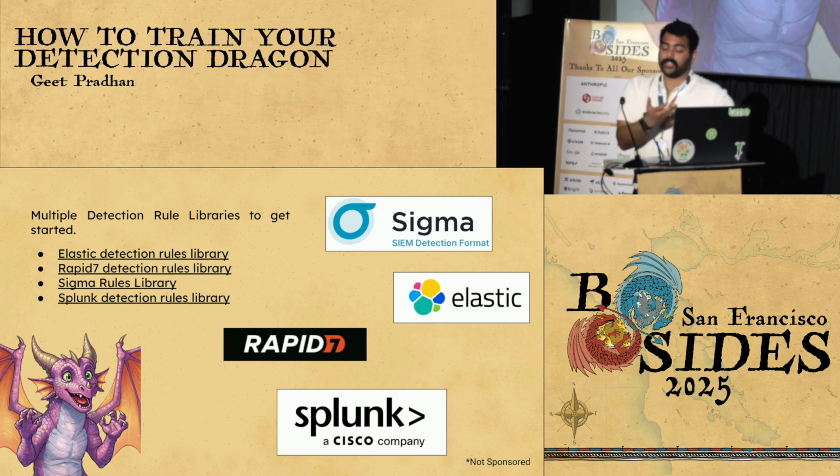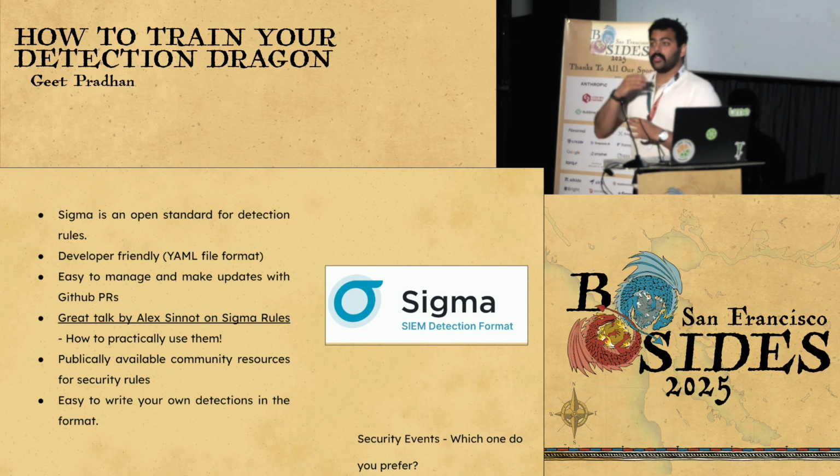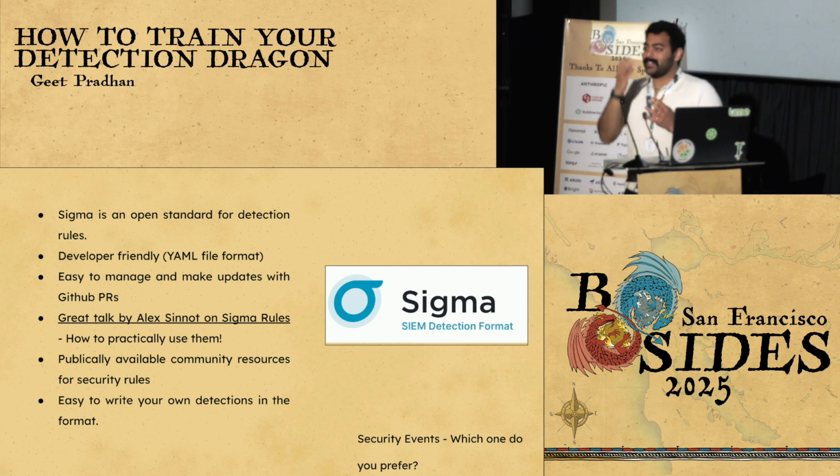What I did is I took some of these and I'm like, okay, I want to start with one of them. The one that I chose was Sigma, right? Why did I choose Sigma? I think it's great. It's so friendly for developers. You can essentially write rules, edit them, and I don't know if you guys have used Sigma. Can you yell if you've used Sigma before? I can't see. You'll have to say something. Okay, cool, awesome. Sorry, this light's in my face.